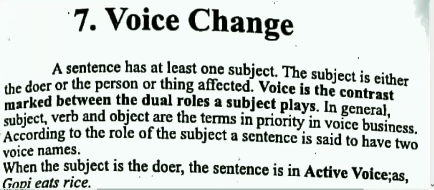Voice: a sentence has at least one subject. The subject is either the doer or the person or thing affected. Voice is the contrast marked between the dual roles a subject plays. In general, subject, verb, and object are the terms in priority in voice business. According to the role of the subject, a sentence is said to have two voice names, that are active and